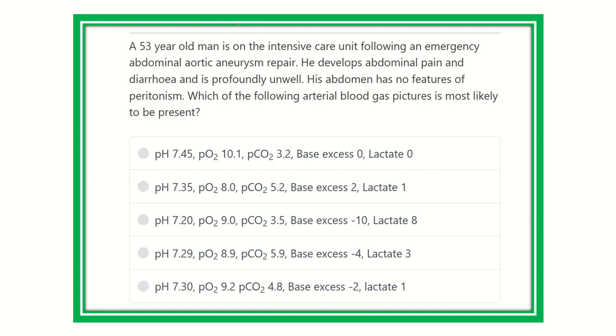So in this question, a patient in the intensive care unit following the abdominal aortic aneurysm repair suddenly develops abdominal pain, diarrhea, and is profoundly unwell. So in this condition, what type of metabolic abnormality develops? Usually metabolic acidosis. Here we can see the different options, but we know in case of acidosis,